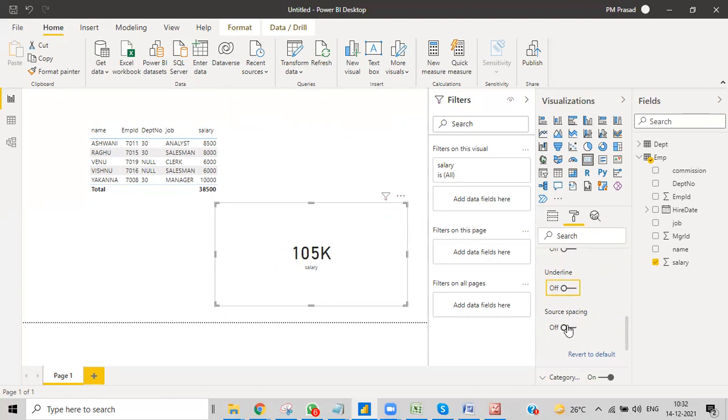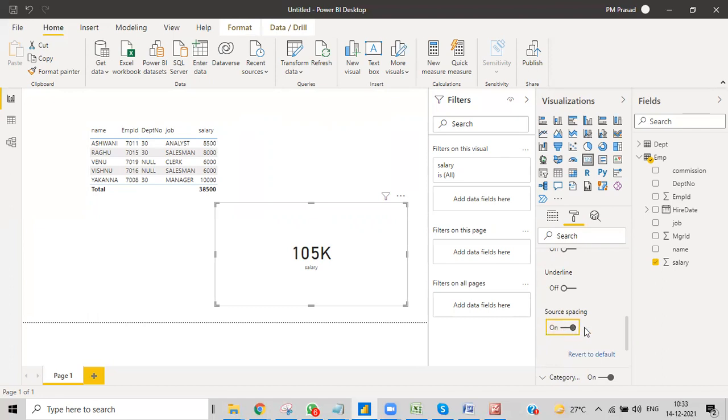Just give me 1 minute. Source spacing. Maybe I'll just check and tell you again, because this is a new option.